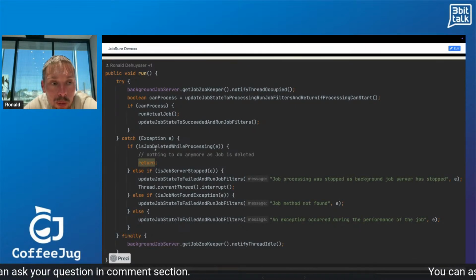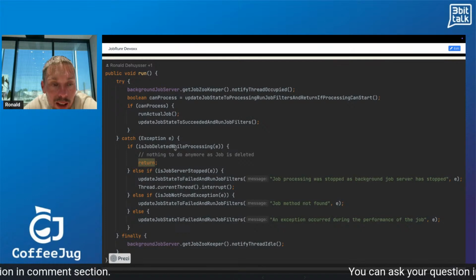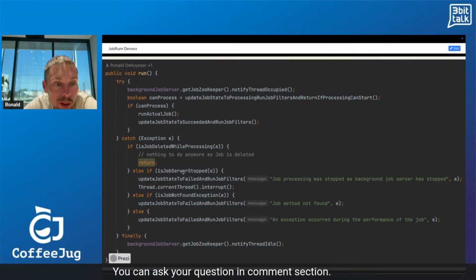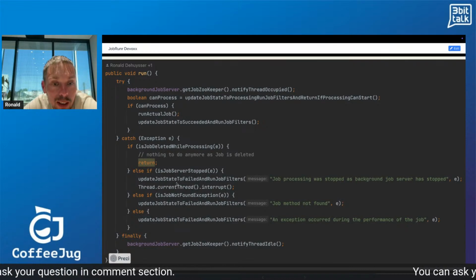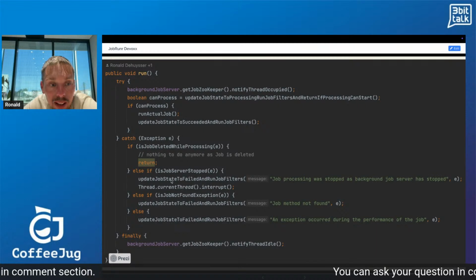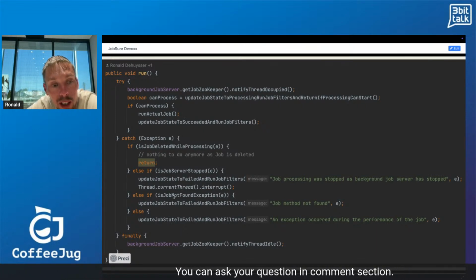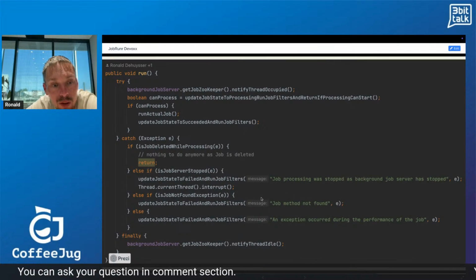Things can go wrong. Well, the job could have been deleted while processing. Then there's nothing more that we can do because, yeah, it's deleted. If the server is stopping, in that case we update the job state to failed, and then we run the filters again. You could have changed your code, in which case we cannot find the job anymore, and then we mention it's not found.